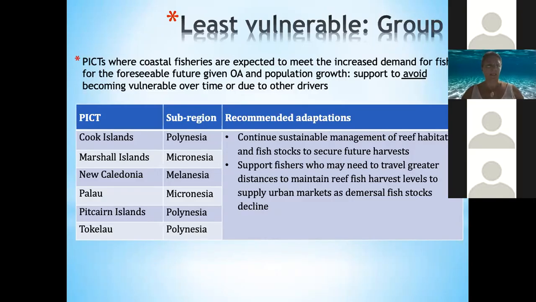So essentially what we're saying is for those island nations that you see listed there, their resources will decline because of climate change and particularly ocean acidification, but they still will be producing enough fish for people to be able to eat going through to 2060 and be able to supply the nutrition that people need. But they want to avoid that changing through other things that might impact on their food source.